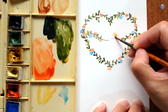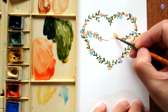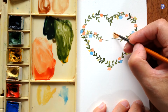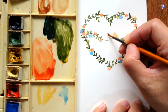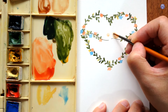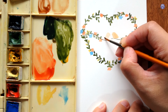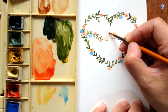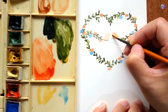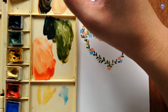of Prussian blue. I'm using a really thin and watery consistency here, and I'm going to make the birds face each other. The shapes that I'm thinking of as I'm painting on the birds are basically just circles, a smaller one for the head and a larger one for the body, but I want the protrusion or the roundness of the circle to face the center, and I straighten the back with a straight line and fill in the rest